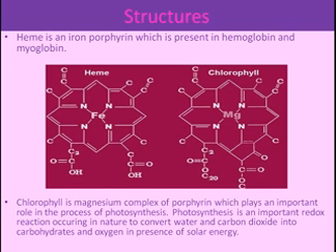Magnesium will help in forming the structure rigid, and the energy absorbed will not get easily lost. So these are the basic structures and examples of the metalloporphyrin ring. One is the heme, which consists of iron, and common examples are hemoglobin and myoglobin. The other example is chlorophyll, which consists of magnesium as a metal ion inside the porphyrin ring and plays an important role in photosynthesis, as it converts water and carbon dioxide into carbohydrates and oxygen in the presence of solar energy.